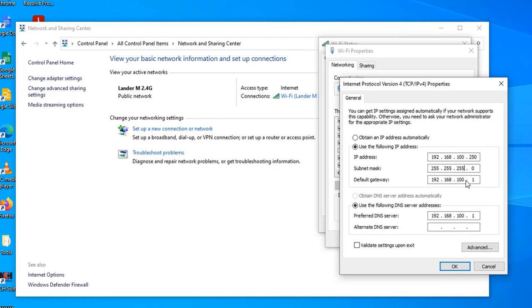Specify a subnet mask. Usually, on a home network, the subnet mask is 255.255.255.0. Specify a default gateway, typically your router's IP address. For example, 192.168.100.1. Under Use the following DNS server addresses, set the preferred DNS server address,